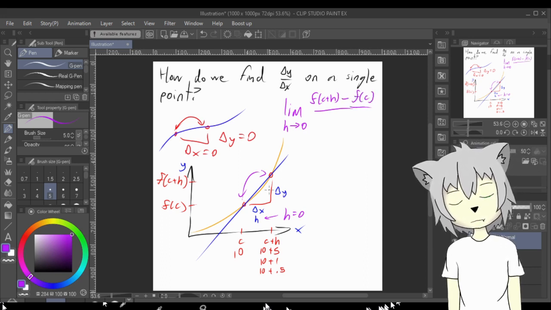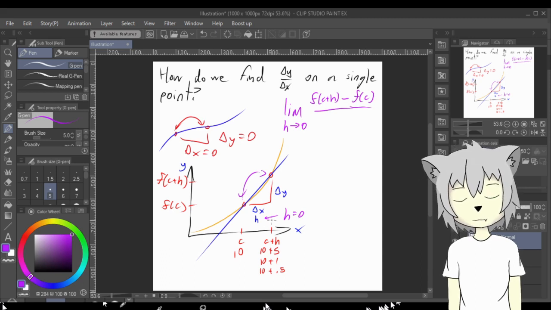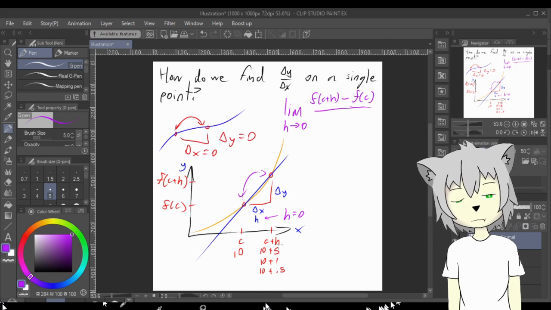That's the slope between these 2 points, if h wasn't 0 and it was like some number. So if c plus h was like 15, then the h would be 5,